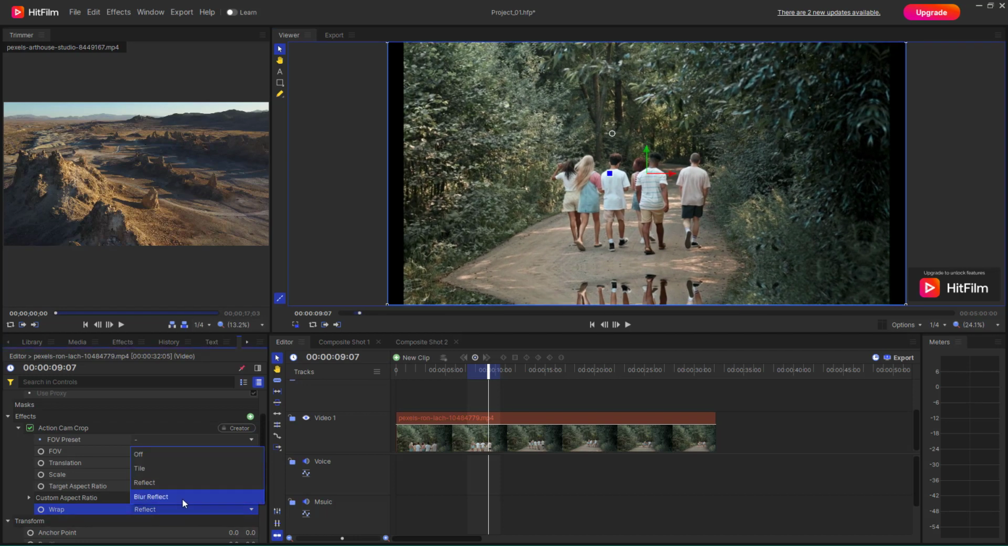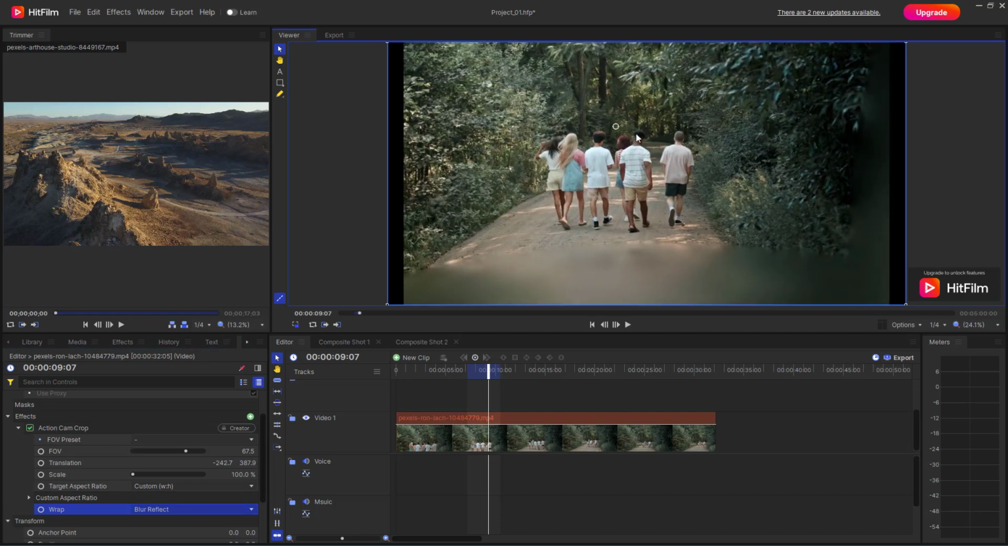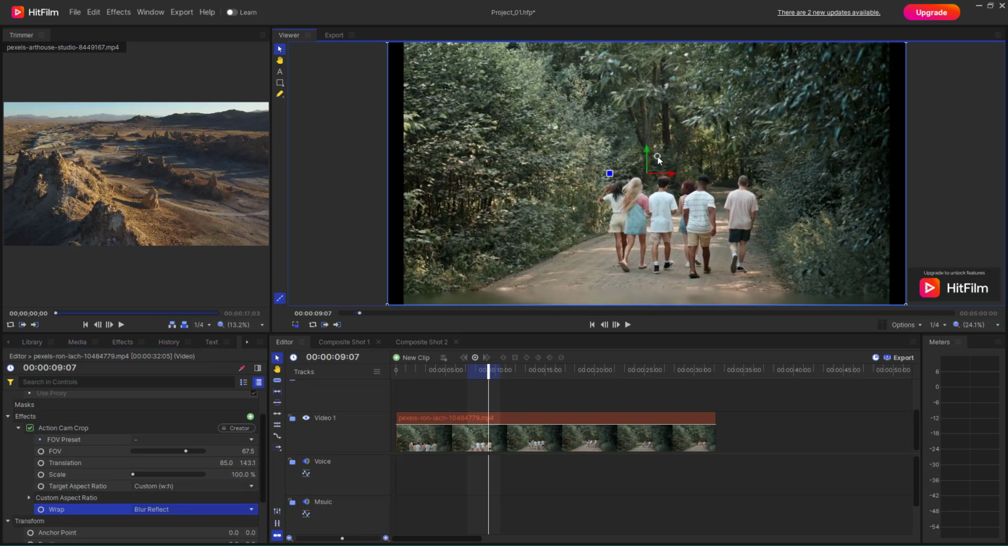And if I go onto blur, then you get the blur effect, as you can see right here, just like this. And this is how you can work with the Action Cam crop effect inside of HitFilm. So I hope you guys learned something